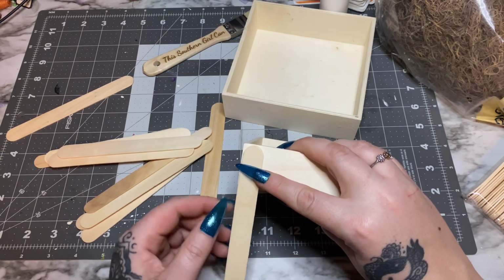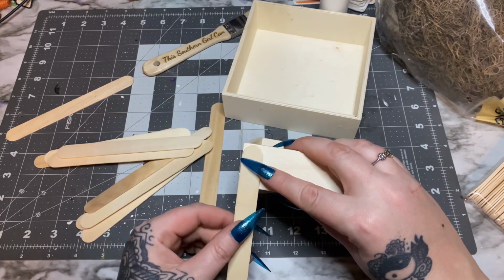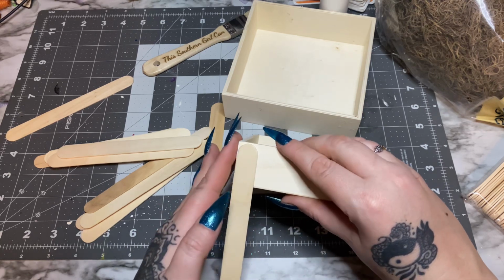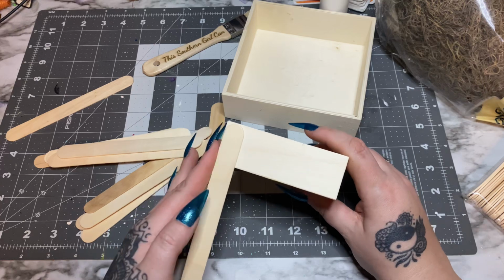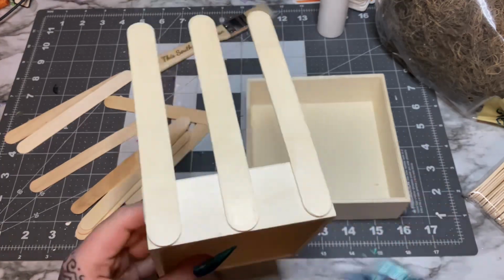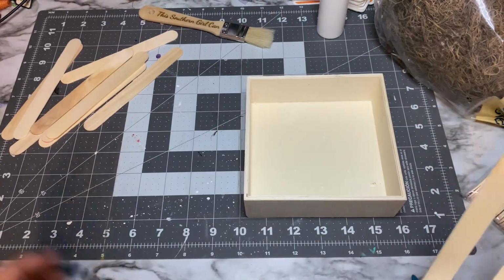Okay, so you want to line this up with the edge and also make sure it's flush with the end here. Let's just wipe away a little bit of that extra hot glue. And try to make sure that this is as straight as possible so that when we glue it to the other one, it won't be all cattywampus. So I'm going to put one here, and then one on this side, and one more in the middle. All right, so now that we have these 3 glued in place,